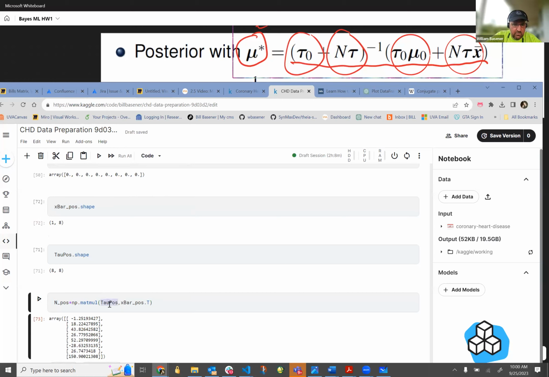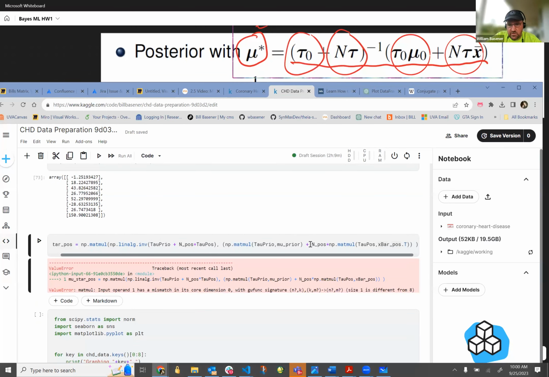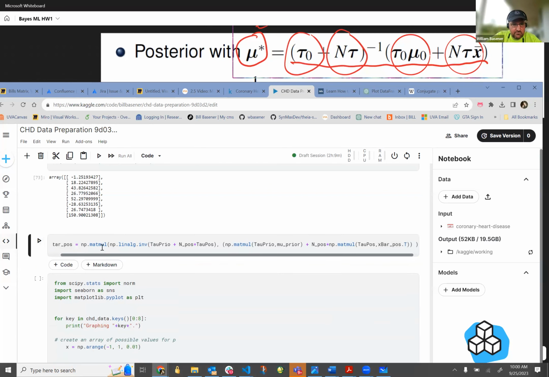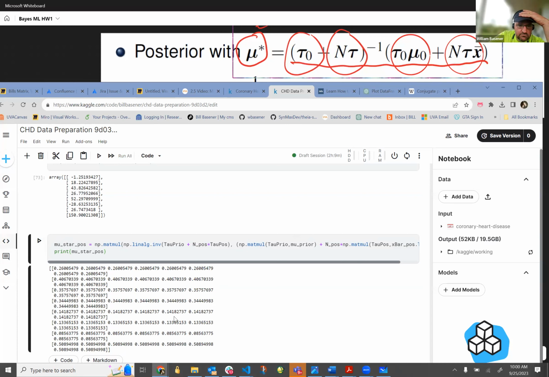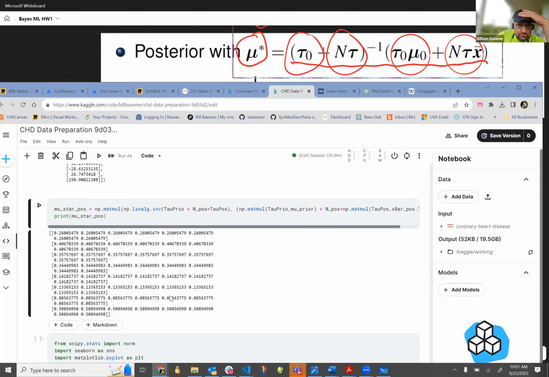So that's a row vector. And here I'm trying to multiply without the dot transpose. It's a matrix times a row vector, which is going to fail. It needs to be a matrix times a column vector for that matrix multiplication to work. Okay, so let's see if this worked. Let's see if we get a reasonable answer. Okay, so I was expecting a vector